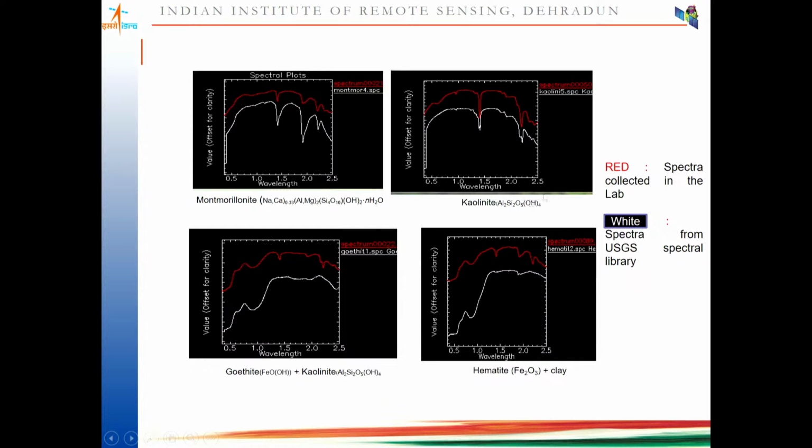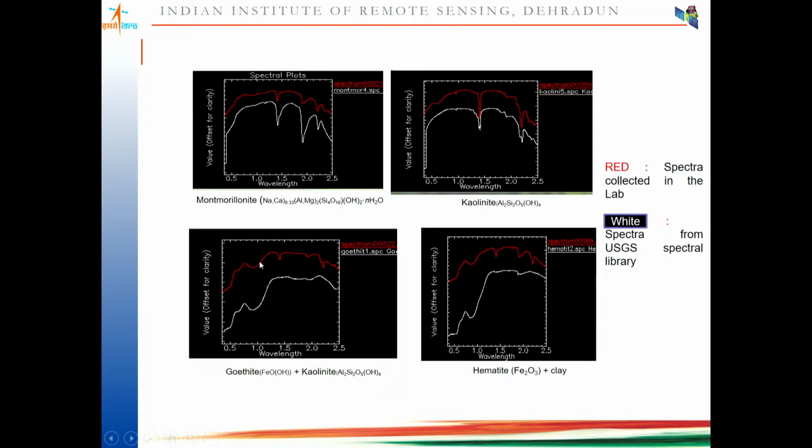Now let's see that these are the different spectra. When we are talking in practical terms, every pixel is not pure. It may have a mixture of one or two minerals. If you see over here, this absorption dip at around 0.9 to 1 says that iron is present. Here it is the characteristic of goethite, FeOH, but after that there should be nothing, it should be